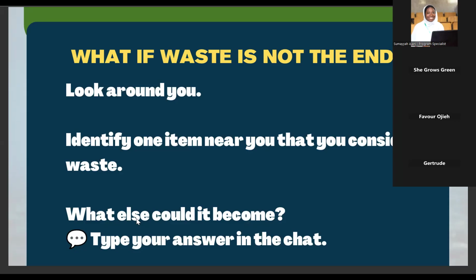And I want to ask you this question. What else could this thing become? That plastic waste you thought of right now in your mind, what else can it be transformed into? At the end of this class, we'll know how to upcycle this waste into something practical, something we can sell. Because when it comes to waste to wealth, waste can only become wealth if we can sell. Waste can only become wealth if we can produce a product that is desirable to people.